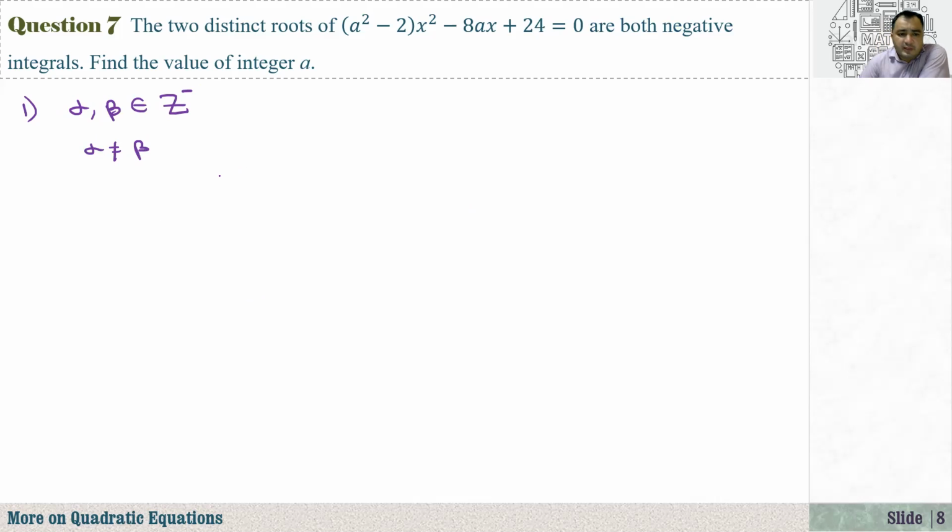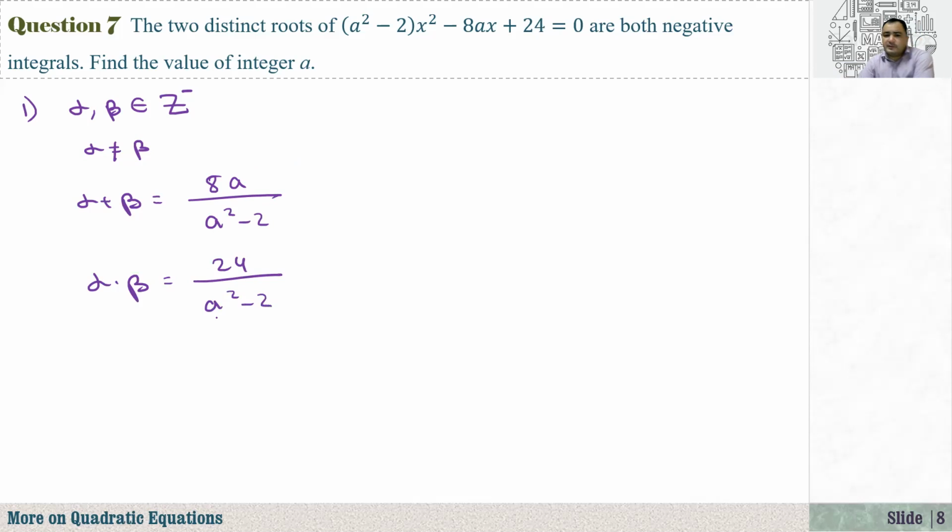So from here, we know that alpha plus beta, the sum of the roots of the quadratic equation, is equal to minus b over a. So that's equal to 8a over a squared minus 2. And how about the product? Alpha times beta is equal to 24 over a squared minus 2, that is c over a. Since alpha and beta are integers,